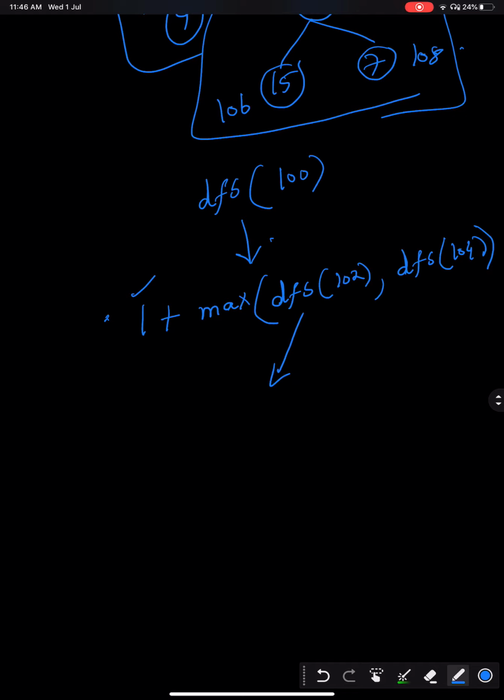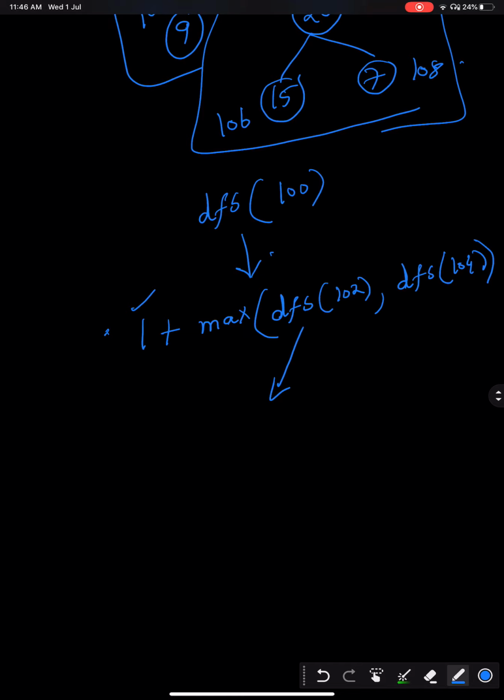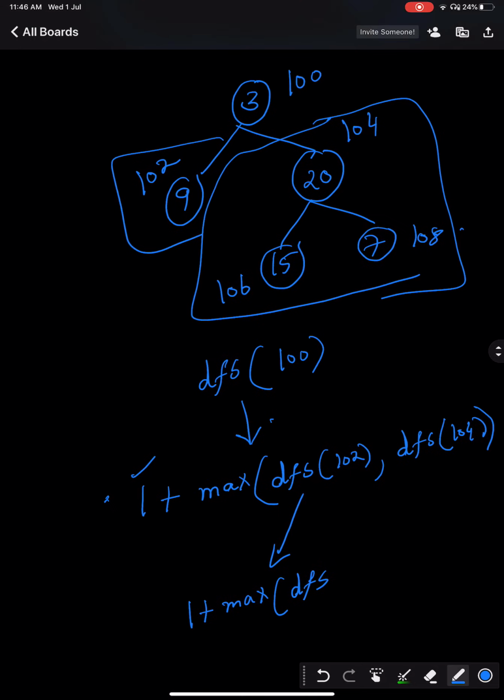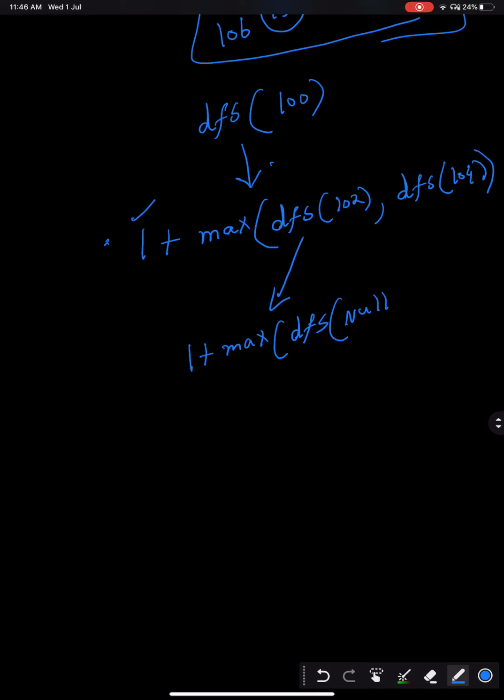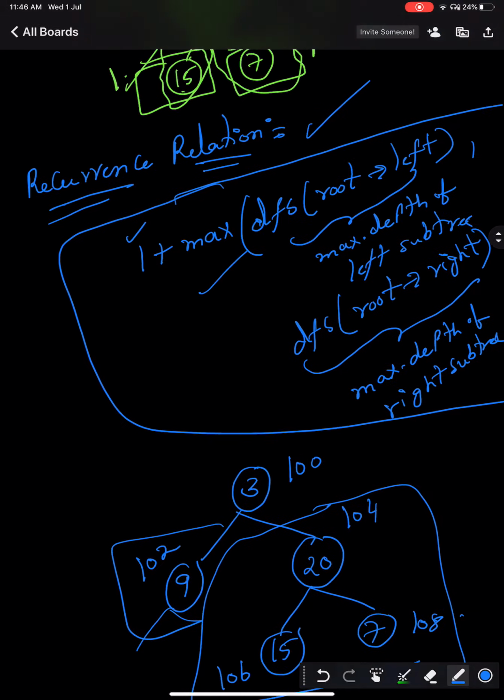So again, DFS of 102 will make another call, 1 plus DFS of, since there is no left and right subtree, the calls will just be DFS of null and DFS of null. If there are no nodes, then the maximum depth will be 0.